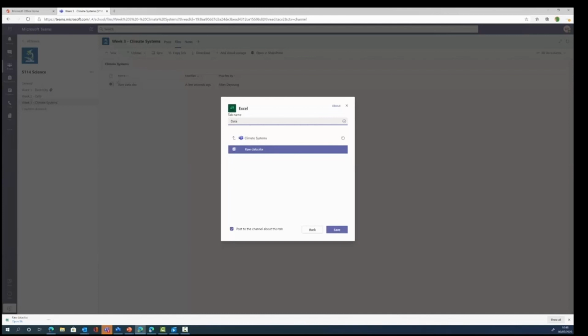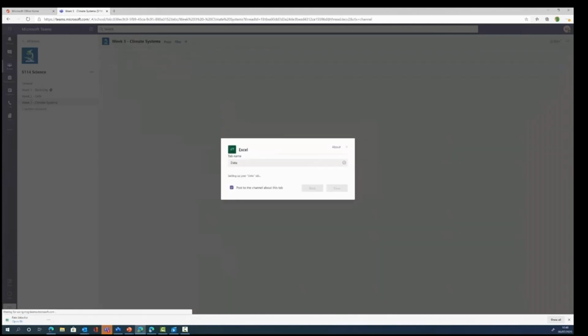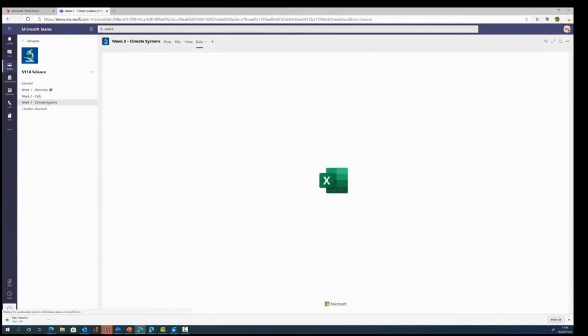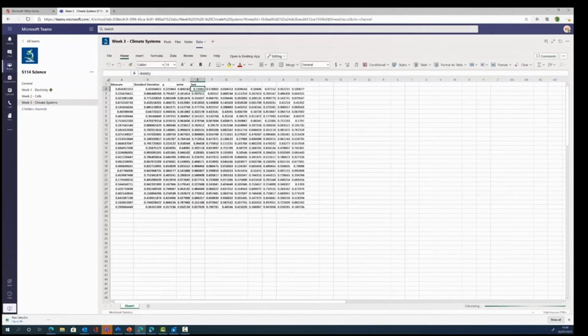So if I put a few Excel files in and leave it as Excel, I'm not quite going to make sure I describe it properly. So here I've described this as data, and it's then opening the pinned file all the time for me in my particular team. So really quite simple. You can do that with all sorts of different types of files. In this instance, I chose an Excel file, and that is fine.